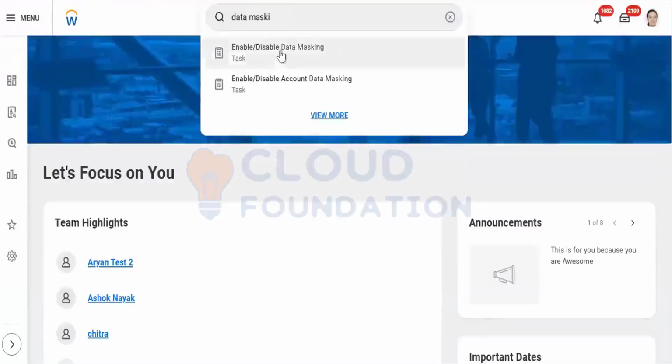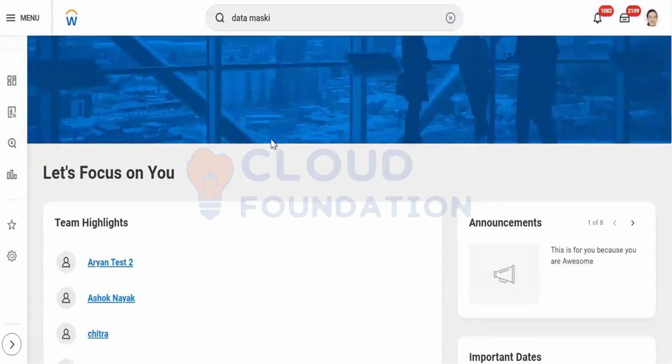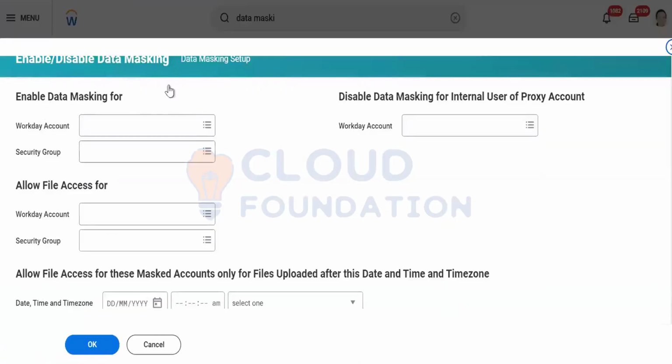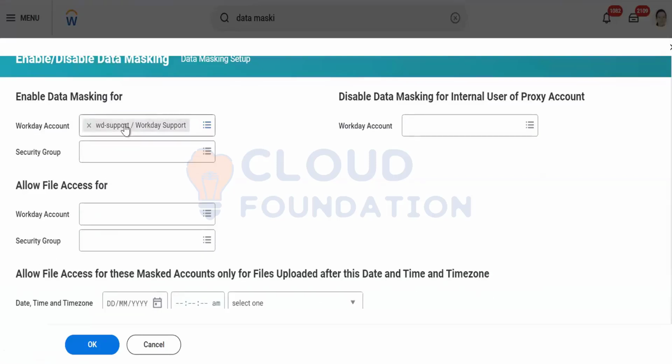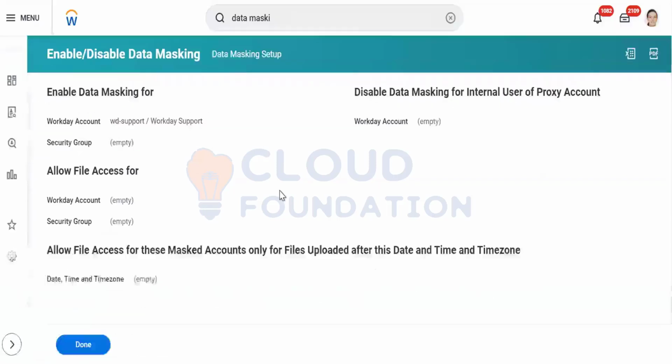So there are tasks like enable and disable data masking. This task will allow any of the accounts that are getting into Workday to be prevented from seeing the data in Workday, or to exempt that account to see the data in Workday. So, enable data masking for... If you actually take this up and submit this one, now